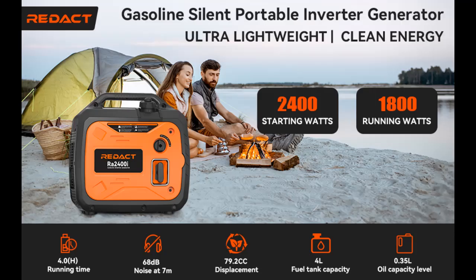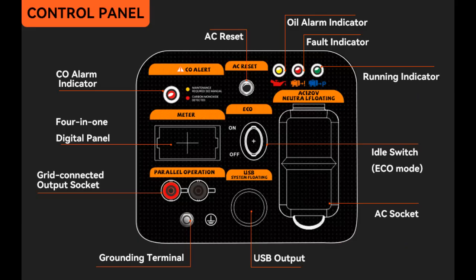Find features that distinguish it from other brands. For Redact 2400 watt gas powered inverter generators, we are introducing some reasons why. Because it consists of the following features: